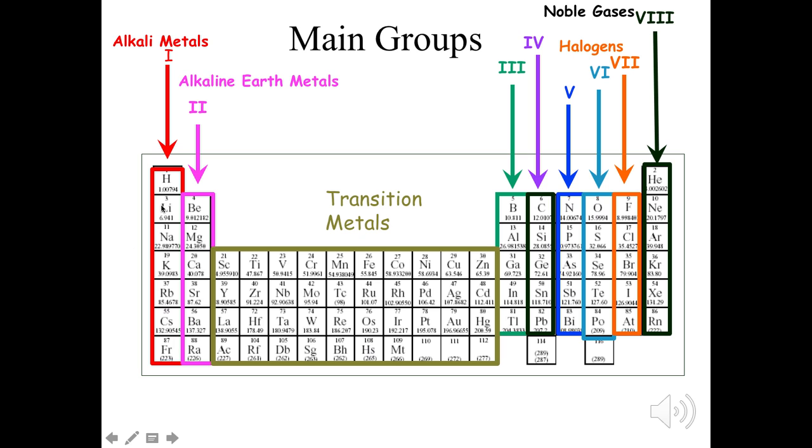So elements within the same group will have similar chemical properties. So all the elements in group 1 have chemical properties that are similar. The elements in group 2 will have chemical properties that are similar. The same thing for groups 3 through 8. All the elements within the same group will have similar chemical properties. So for example, lithium has similar chemical properties to sodium. But if we compare lithium and beryllium, those 2 elements do not have similar chemical properties because they are in